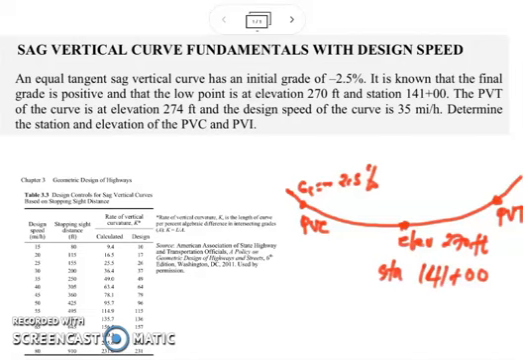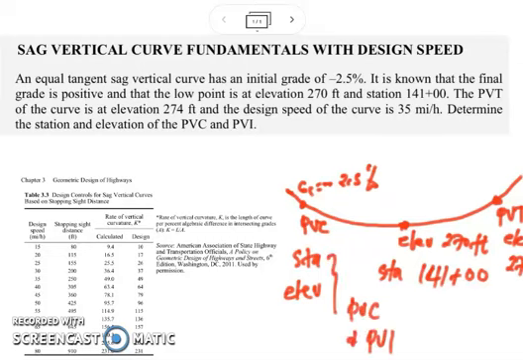So the curve is at elevation. The elevation of PVT is at 274 feet. And of course, the curve has a design speed of 35 miles per hour. We are after to solve for the station and elevation of PVC and PVI. So those are unknown. So to start with, you have to take note that